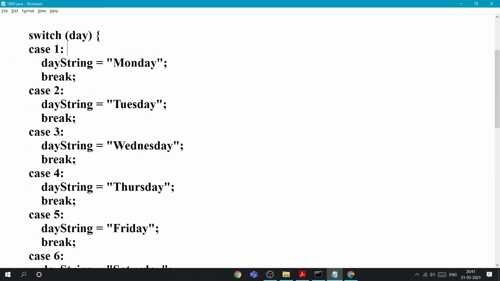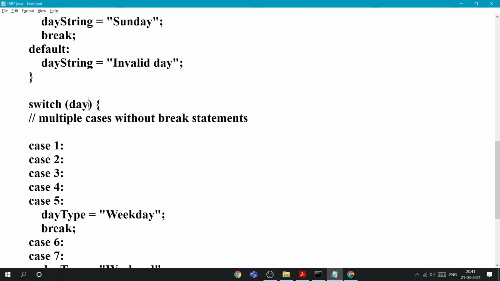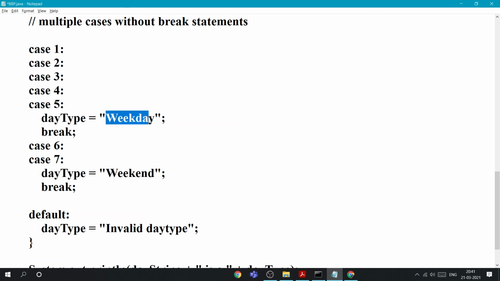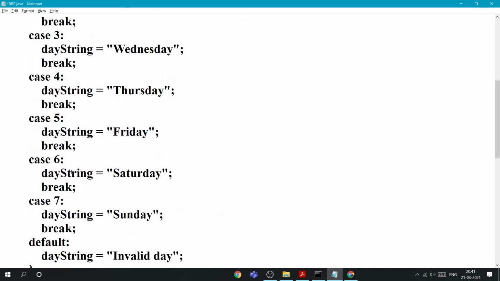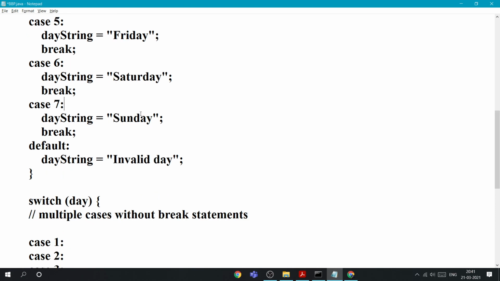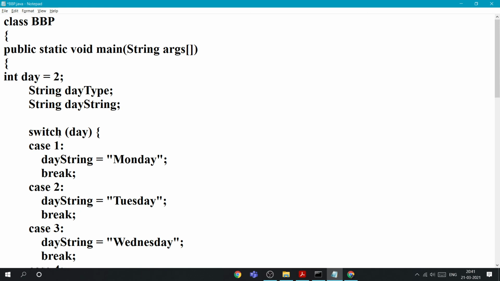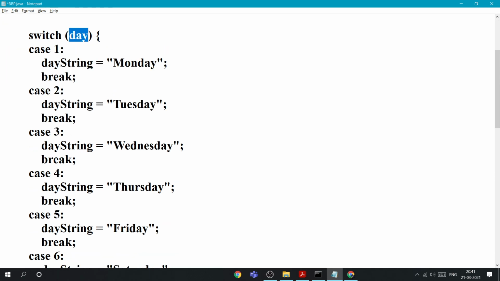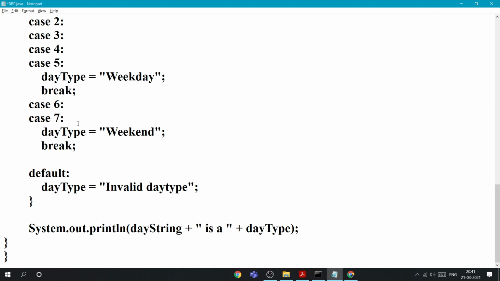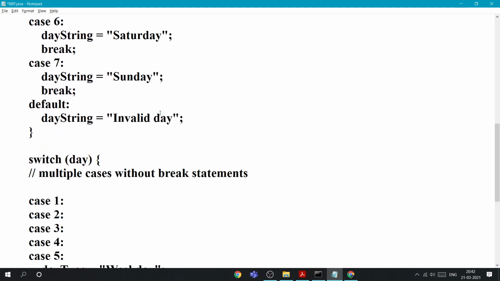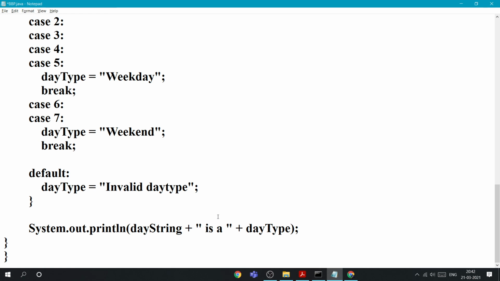This switch will execute and give Tuesday, and again with 2 it will check whether it is a weekend or weekday, because only 6 and 7 are Saturday and Sunday, the weekends, right? That's why I wrote case 6 and case 7 as weekend, and for 2 it is a weekday. System.out.print dayString, that is Tuesday, right? Tuesday is a weekday. That will be printed here.